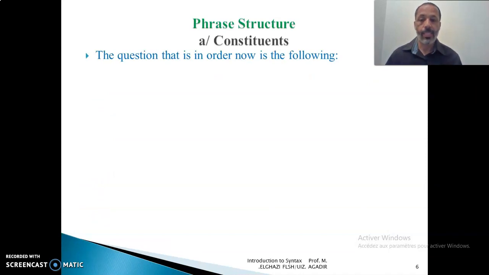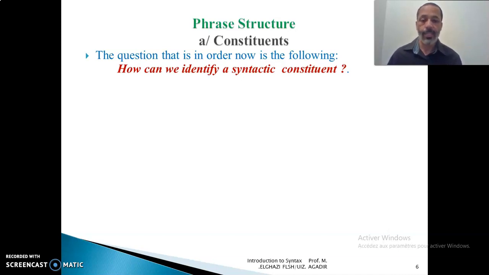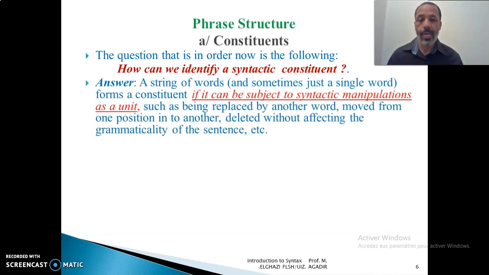The question that is in order now is the following: how can we identify a syntactic constituent? For example, why can we say that John is a constituent, will is a constituent, and invite his friends until the end is another constituent, whereas we cannot say that John will is a constituent? What are the practical and empirical arguments that support the first bracketing and refute the second? The answer is that a string of words, and sometimes just a single word,